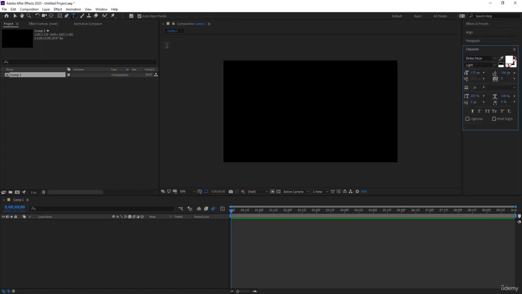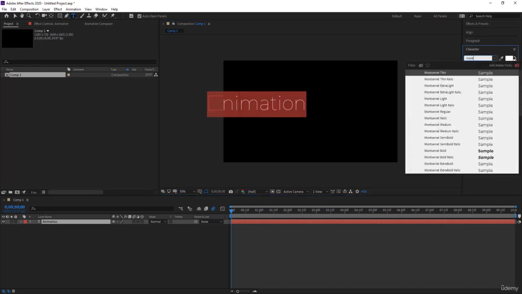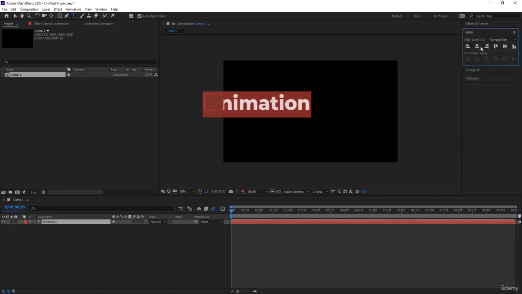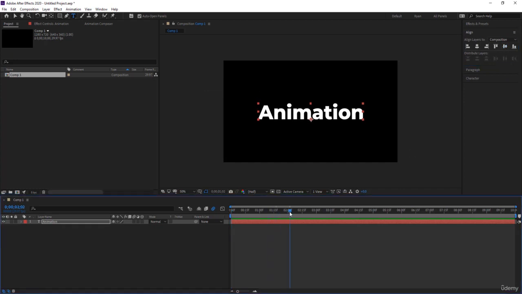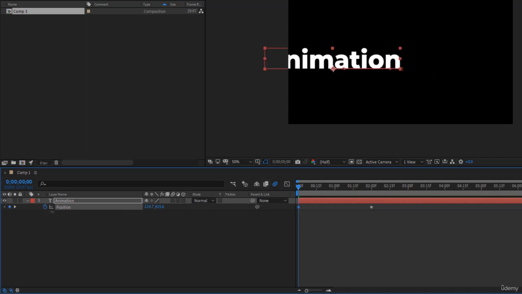I'm going to select my text tool and just type in the middle. Let's type animation. Might actually change this to, let's go for Montserrat extra bold, and then just align this to the center. And then we could go 2 seconds in on our timeline, press P and hit the keyframe icon, go back to the start of the timeline, drag the keyframe, drag the position,